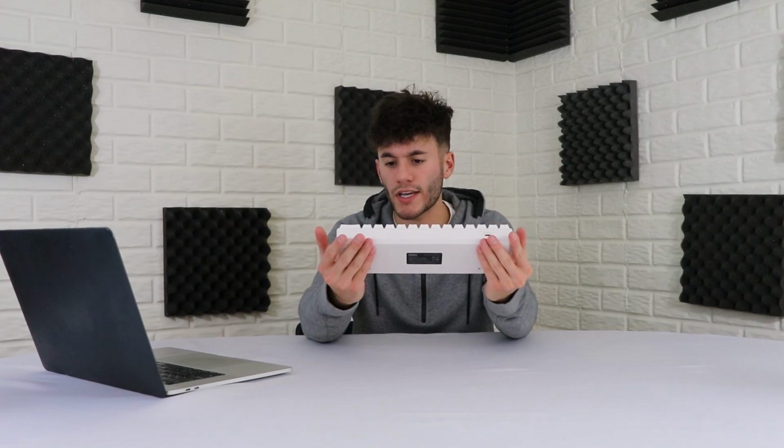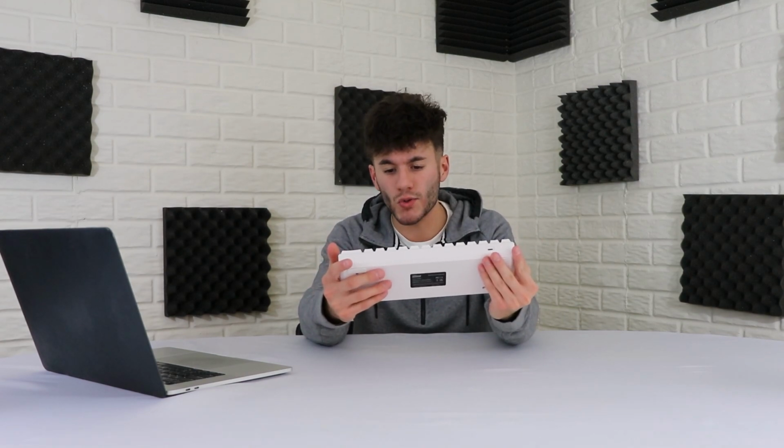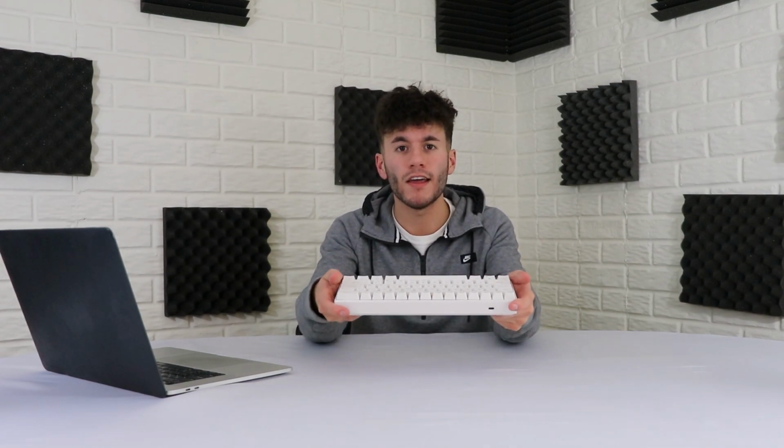Now, most 60% keyboards do come with the FN key, so I don't understand why you guys are having trouble if you don't have an FN key. There are things called hot swap switches, so you could literally just change it out. For instance, this one is the Amazon one, $45, 40 bucks, I don't know how much it was. It was cheap, and you can take out these keycaps and quite simply just put in new ones, or just,